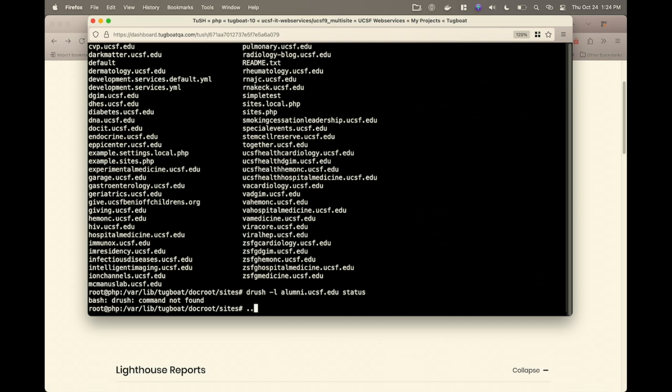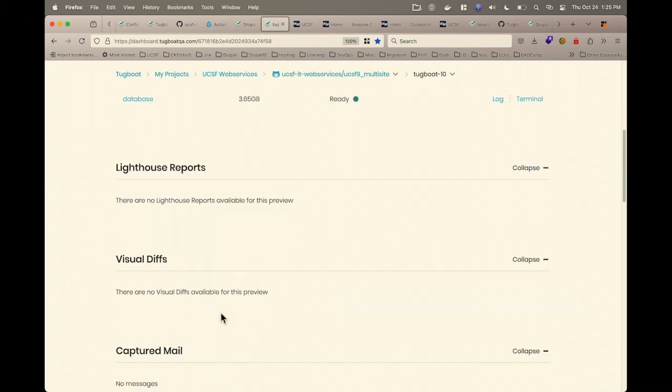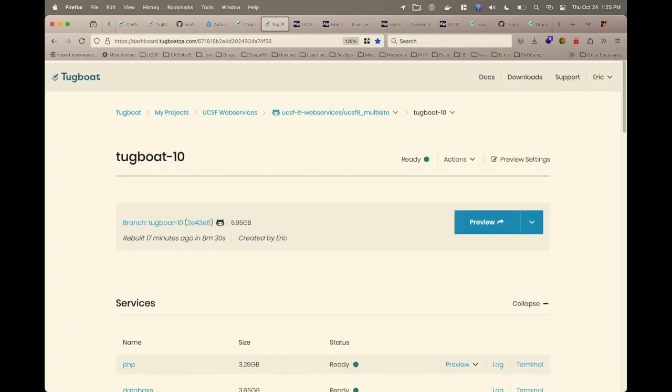Yeah, so I might have to do vendor bin trash -L on the way. You can set up aliases. I know in the Tugboat documentation there is an option to do that for the terminal services. Oh, that did work. So, yeah, I guess you do have terminal access. I'm not sure why some of these other things aren't working. I did set up,